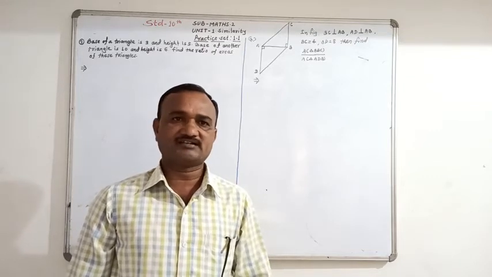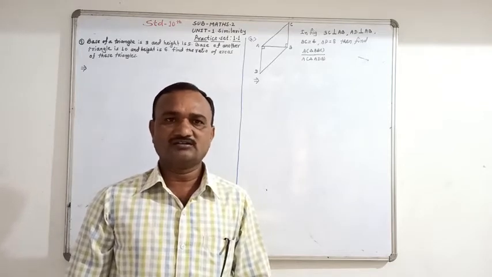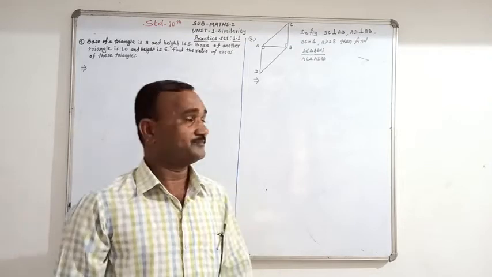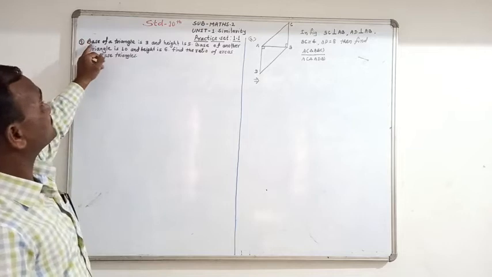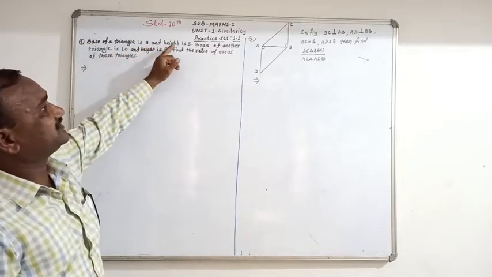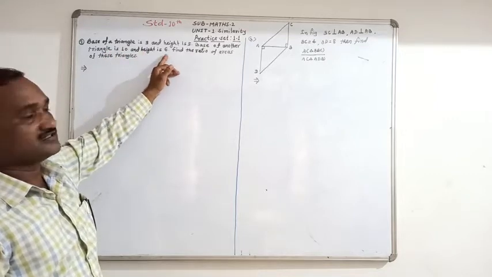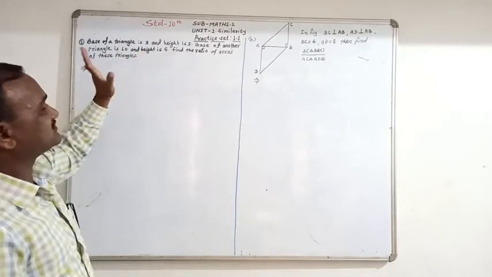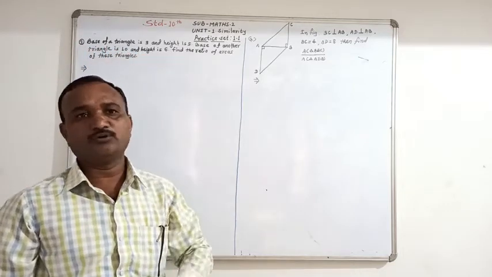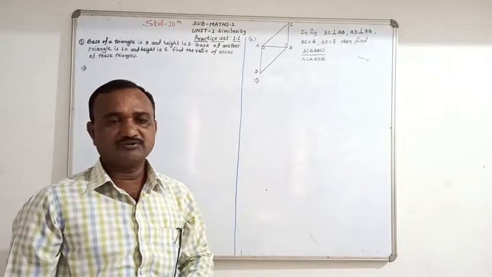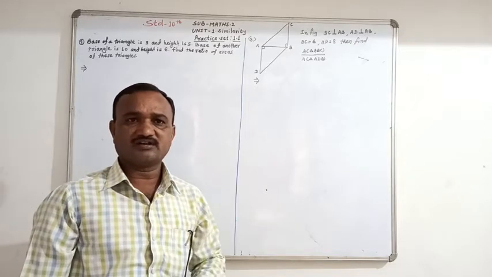चला मग आपण त्या प्रॅक्टिस सेट 1.1 मधील पहिलं एक्झाम्पल नंबर 1 हाऊ टू सॉल्व्ह, थिंक इट ओव्हर, त्याच्यावरती आपण विचार करूया. ओके, सो एक्झाम्पल नंबर 1 इन प्रॅक्टिस सेट 1.1. Base of a triangle is 9 and height is 5. Base of another triangle is 10 and height is 6. Find the ratio of areas of these triangles. So in this example, base and height of both triangles is given and we should find the ratio of areas of these two triangles.